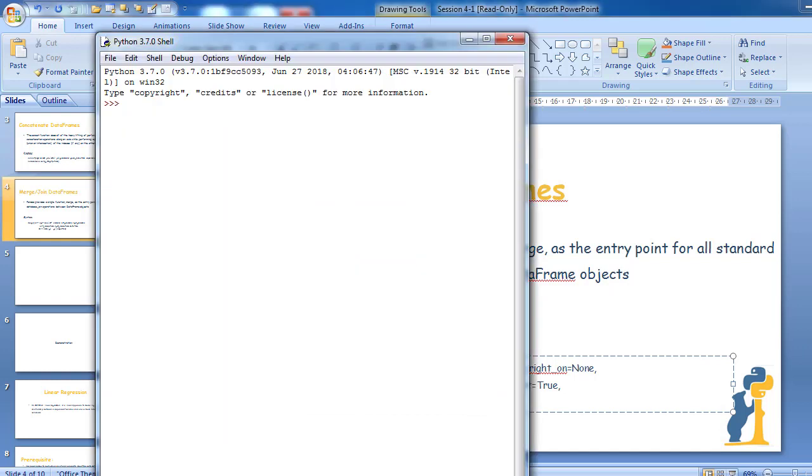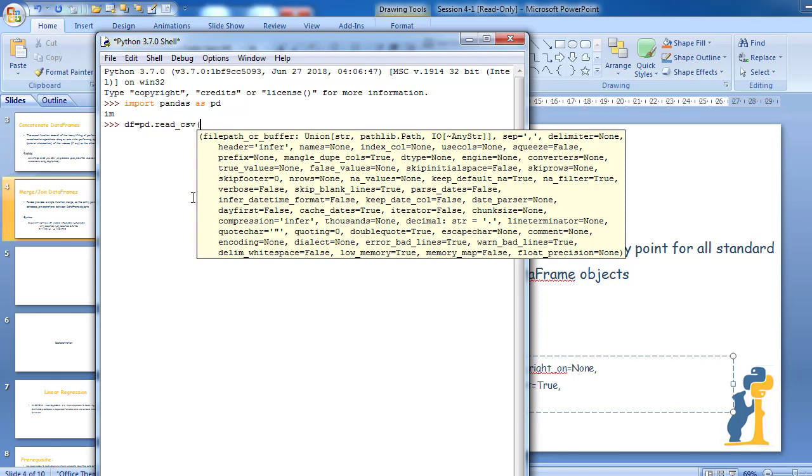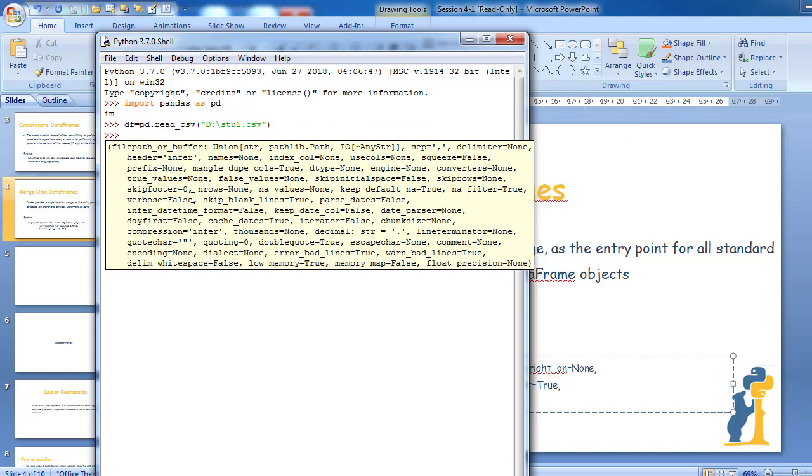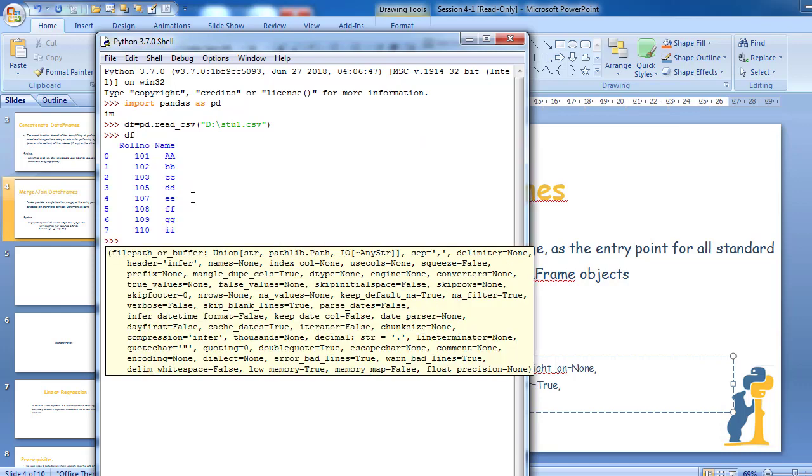So let's see. Import the necessary packages: import pandas as pd. Then tf is equal to pd dot read_csv.